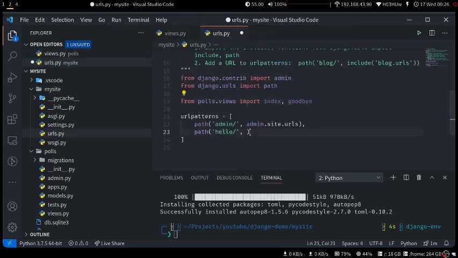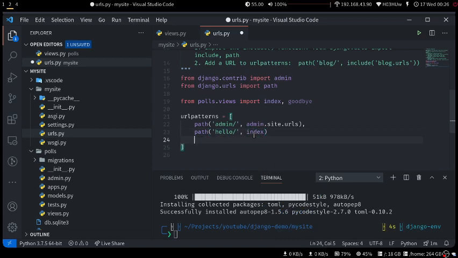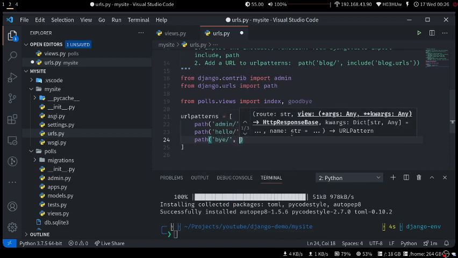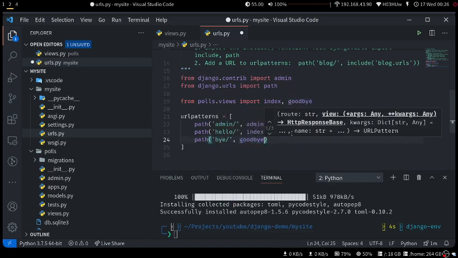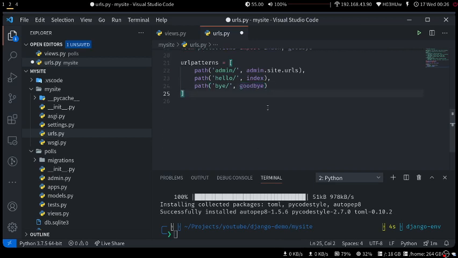Okay, so now we can map whenever a request comes at the hello endpoint, we will respond with the index view. And if the request comes at the bye endpoint, then we can handle it with the view goodbye. Got it?